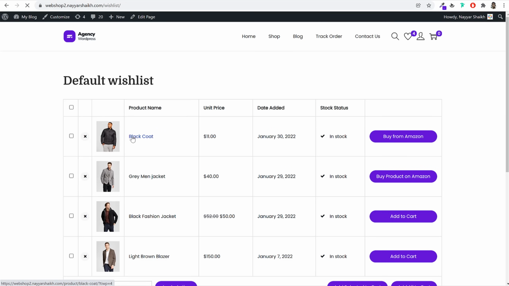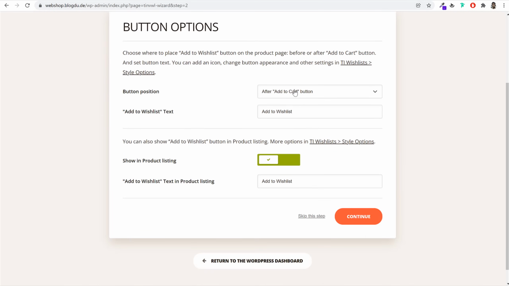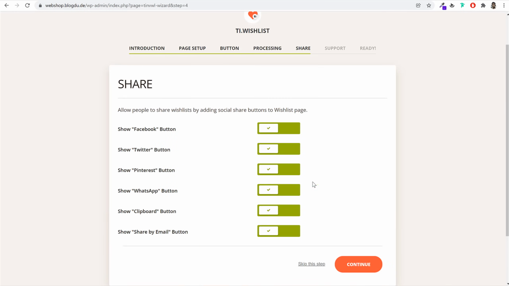So if you open a single product page, we want it after the add to cart button. So here as you can see, after add to cart button, this is the default one. So we want this one. Now click on continue. Then processing will be automatic and people can share their wishlist on different social media